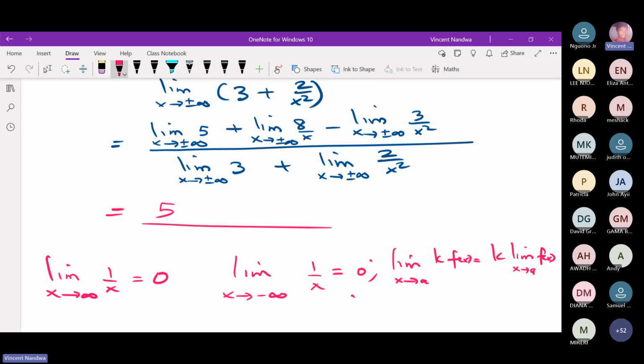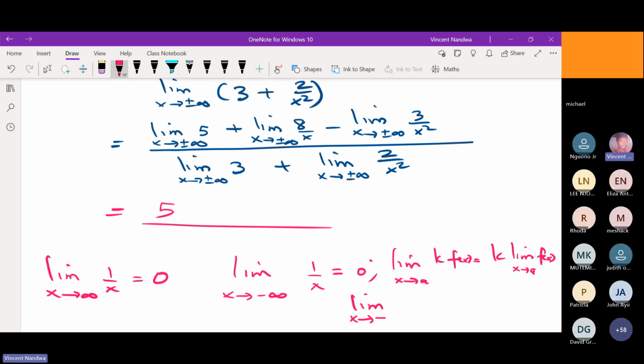So when we have the limit as x approaches plus or minus infinity of 8 over x, you can factor out 8 and write 8 times the limit as x approaches plus or minus infinity of 1 over x. So therefore, the whole term reduces to what? To 0. So we'll have plus 0. And then this other part, using the same analogy. Remember, we said that even if I raise this to n it is the same thing. So we'll get minus